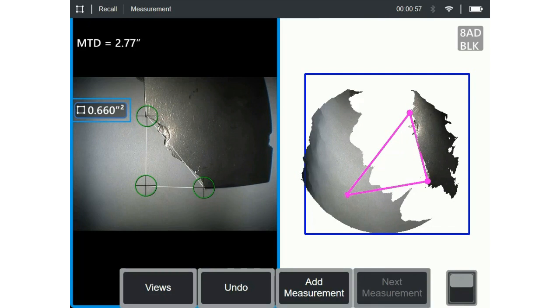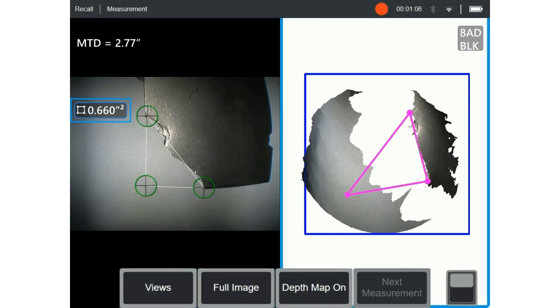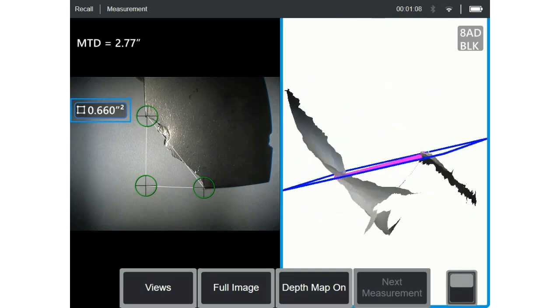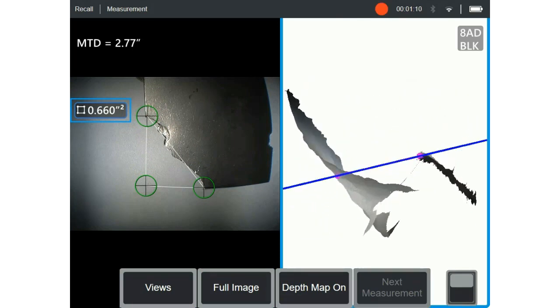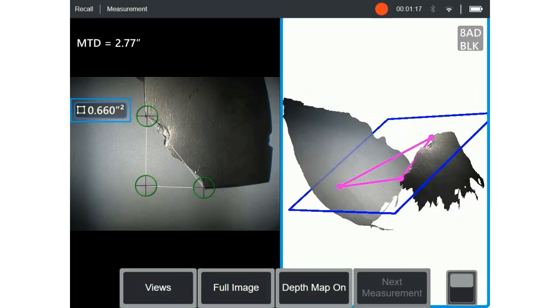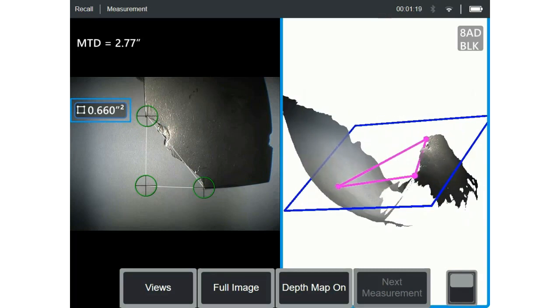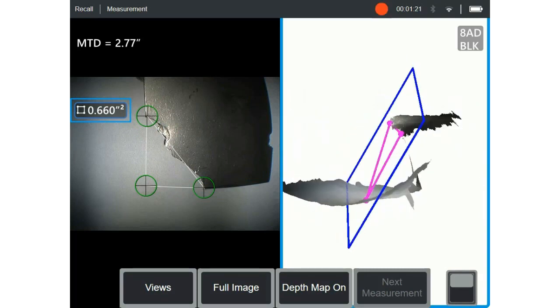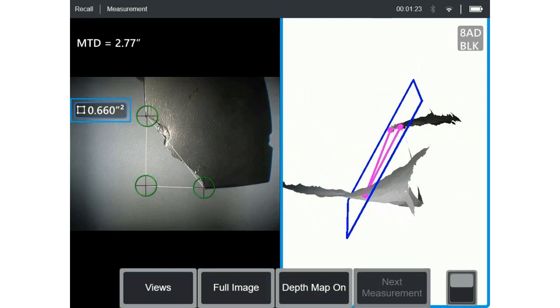Here is the surface of the blade as well. This blue box is the plane surface around this area that I've measured here. Let's rotate the point cloud and understand what am I really measuring. Well, I'm measuring this point that is somewhere way down, not on the same plane as this blade surface. You can see the blade surface is right here, and I'm measuring on a plane that is departing from this